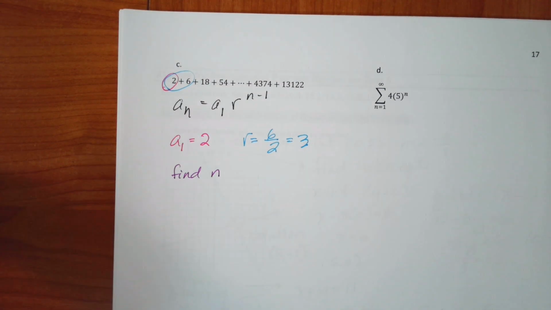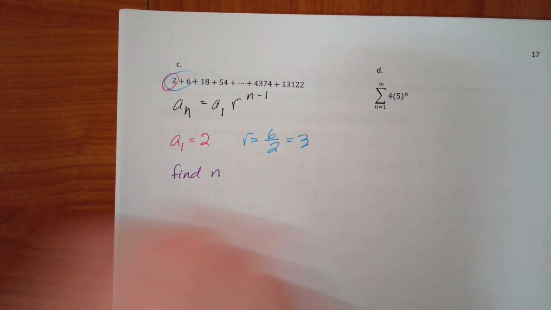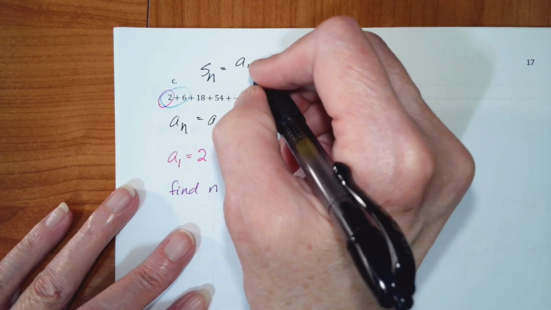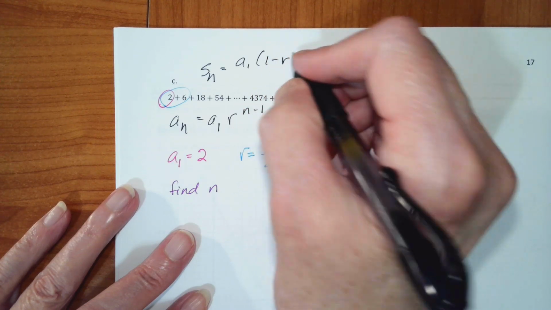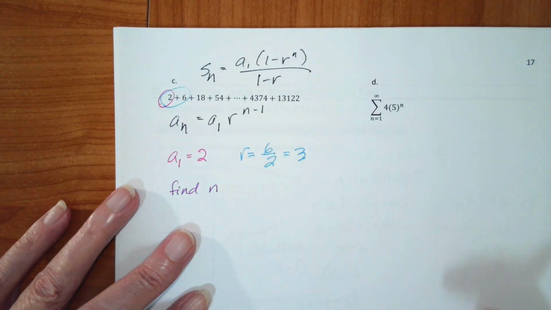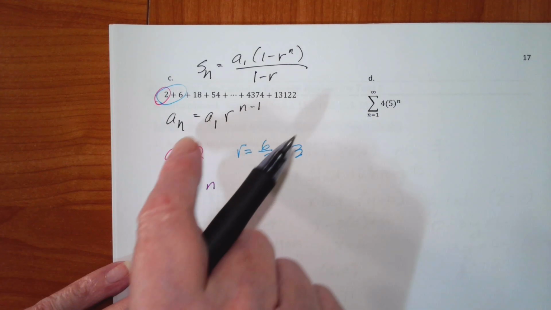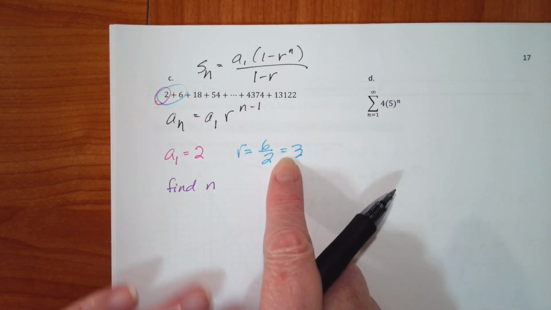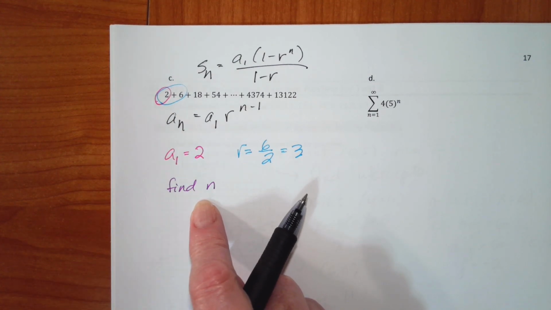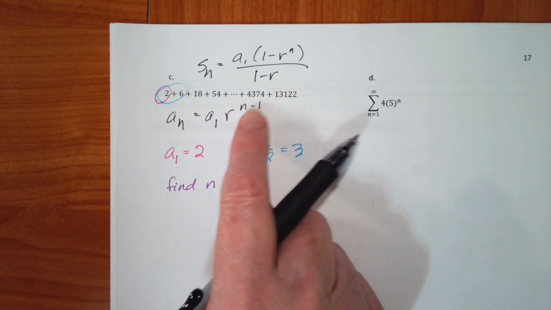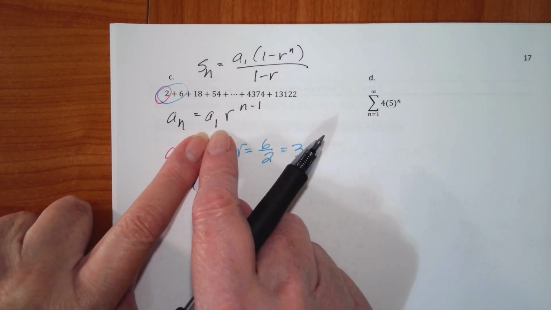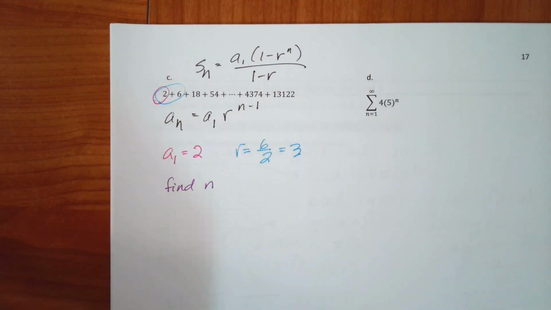Since my formula for this, it requires the partial sum, is a sub 1 times 1 minus r to the n, all divided by 1 minus r. So I know my a sub 1, I know my r, and now I have to find my n. Well, using this formula, I can solve for n because I know what a sub n is and I know what a sub 1 is. So to find n,